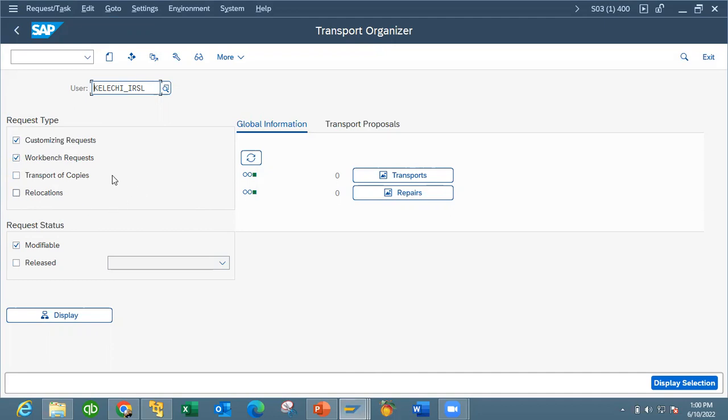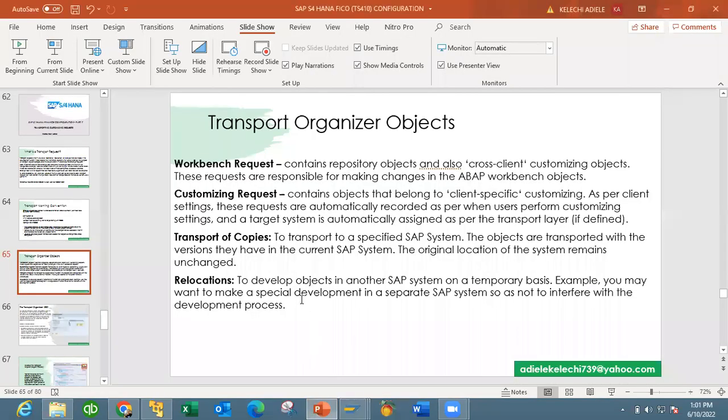Like I said, for functional consultants, we work with the customizing request. Technical consultants work with the workbench request. And we have request status. We're going to leave it as modifiable, and we can actually go to display. Okay, we have said that